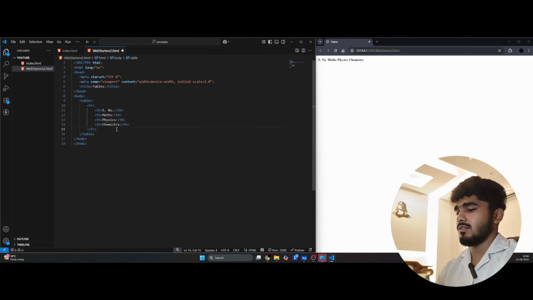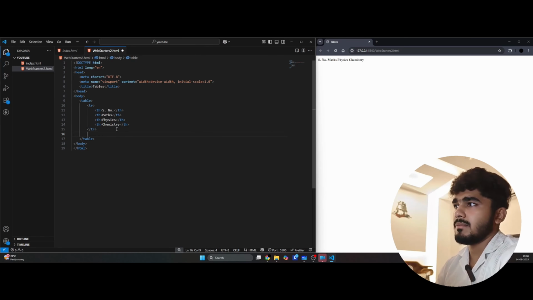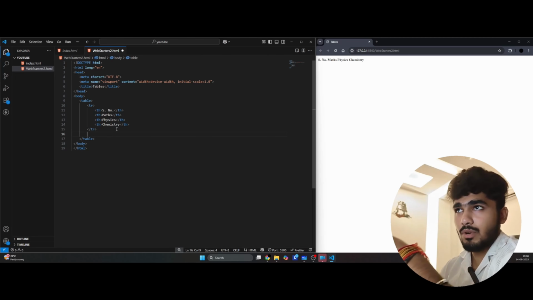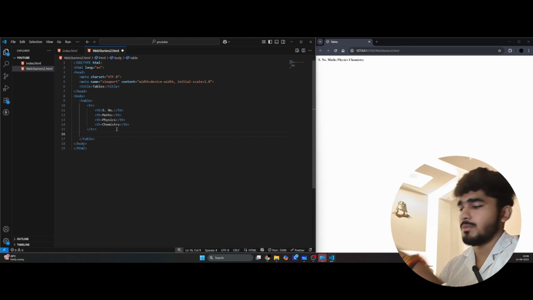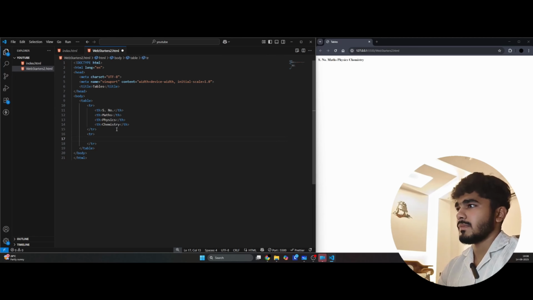Similarly, if we are going to create another row, see, we have closed the tr tag here, and after that the browser will automatically know that from here we are going to enter another row. Suppose tr here, and now we have already entered the headers, so we don't need th tag again and again. So here we will use the td tag, that is table data, and now we will put serial number 1, and the marks he got in maths, like here,